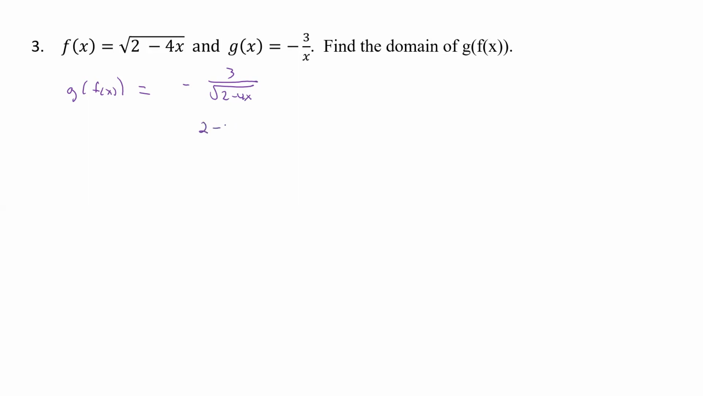So we're going to take 2 minus 4x greater than 0, and we're just going to solve for x. So I'm going to add 4x to both sides. That way I don't have to remember to change my sign. And so 2 is greater than 4x. Divided by 4, and so we have 1/2 is greater than x,